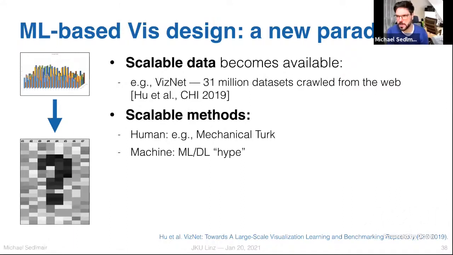So as you probably noticed, we are working with really specific tasks. You have a scatter plot and you want to model the separability of classes. We're not at the point where the machine is recommending a certain visualization, but there are actually people that are doing that. I know Jeff Heer's group, for instance, and Dominik Moritz, with their Draco system. They try to do exactly that, but they come from a different angle. And instead of collecting all sorts of human data, they do it with a more formal and